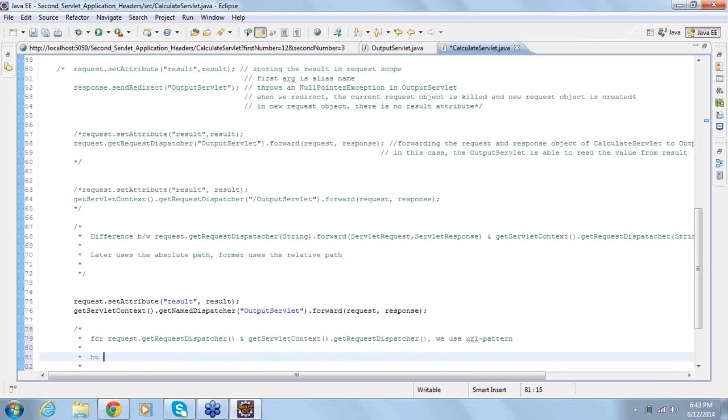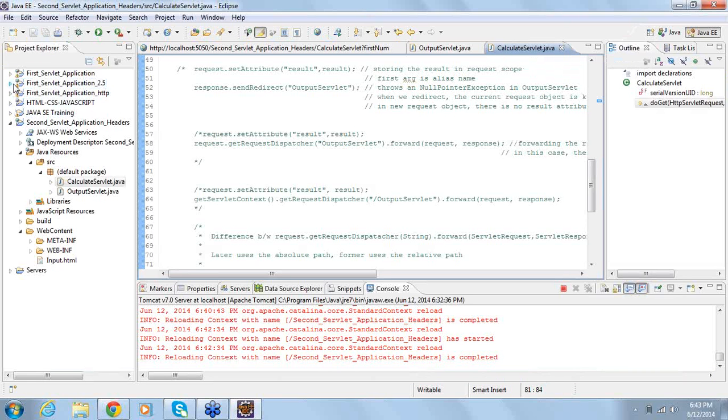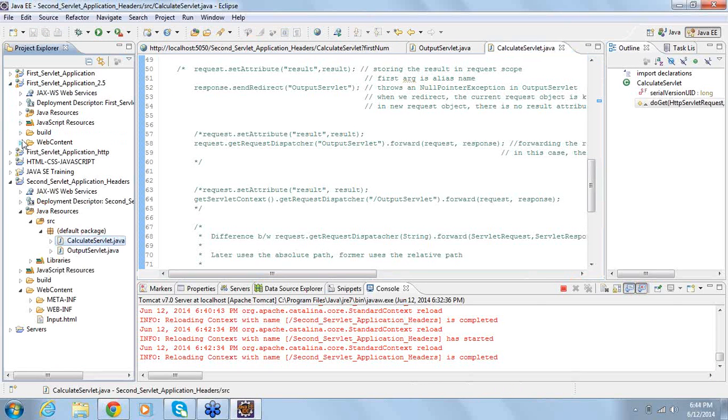But for getServletContext().getNamedDispatcher, we use the servlet name. That is, if you look at your web.xml,